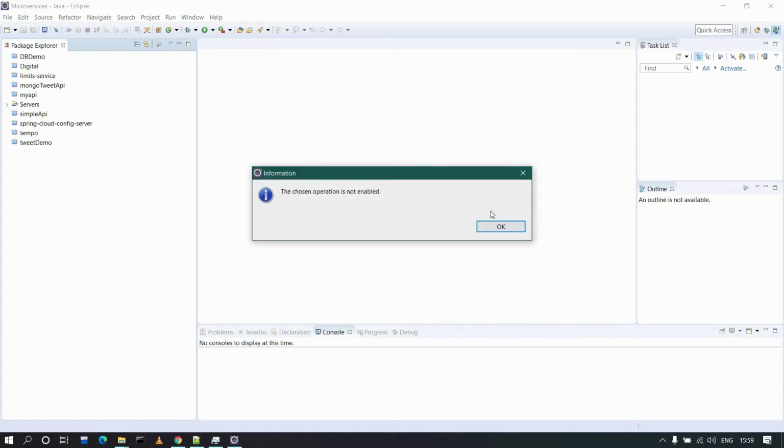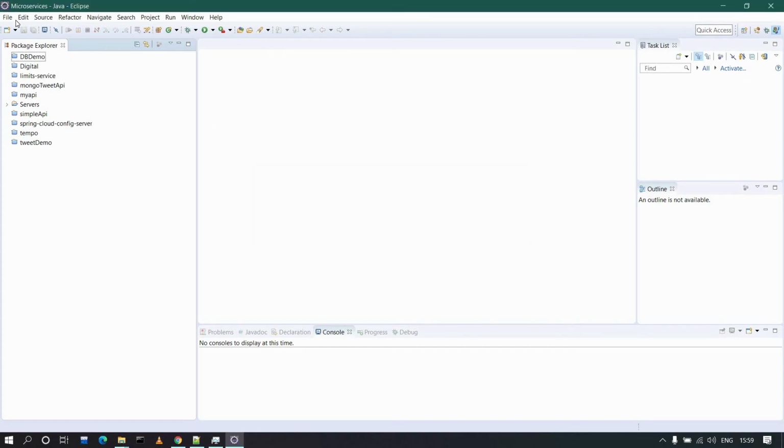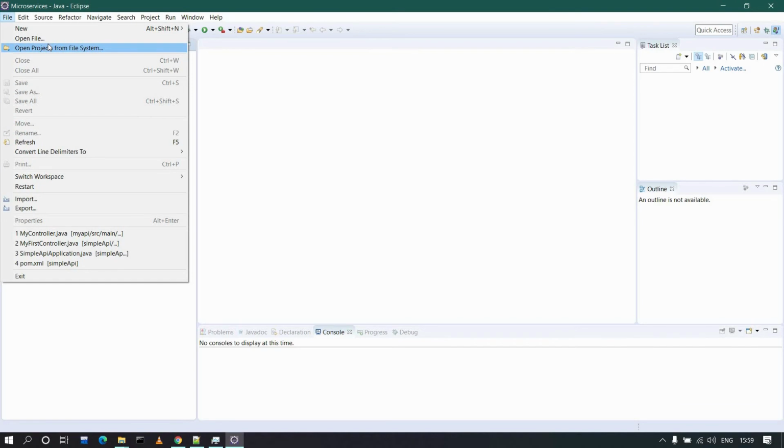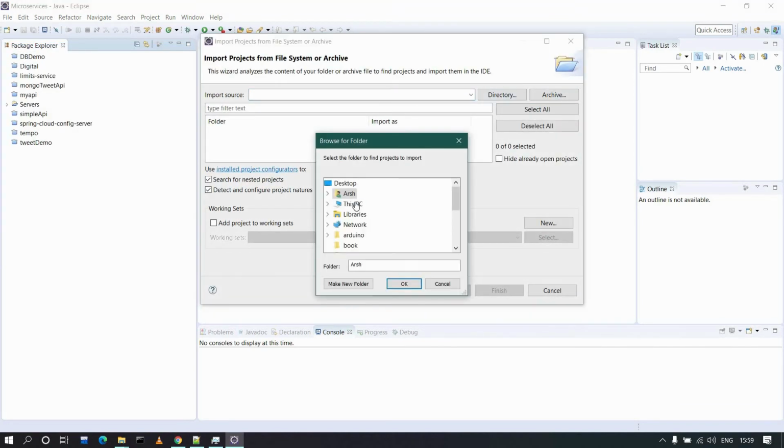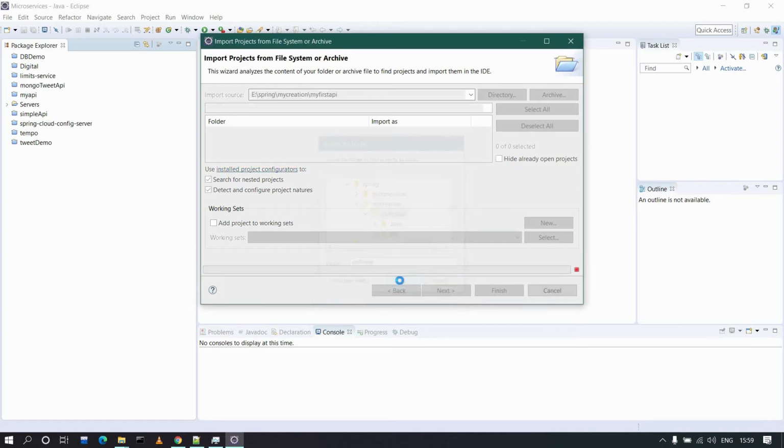Now go to File, then Open Projects from File System, hit Directory, and go to the place where you have extracted the project you have downloaded. Right, so my first API is selected. Now you can see that there is Maven. It already detected automatically that it's a Maven project. Hit finish.